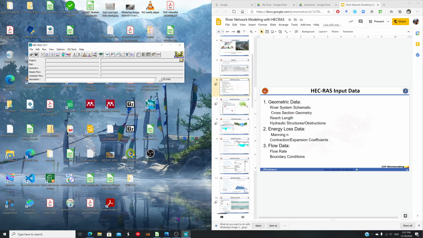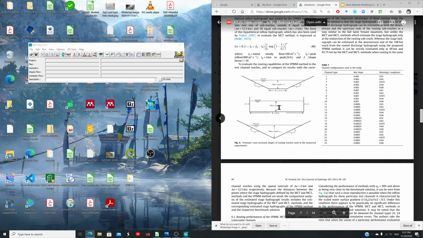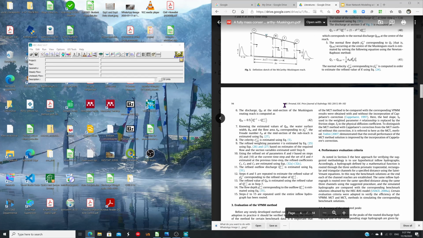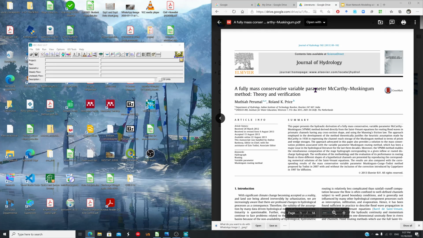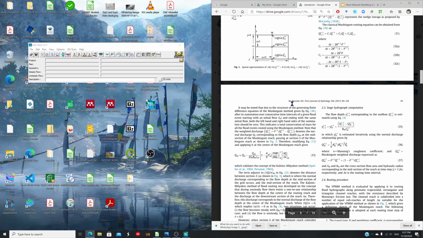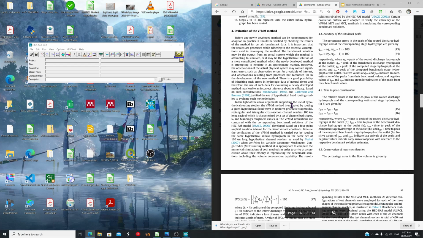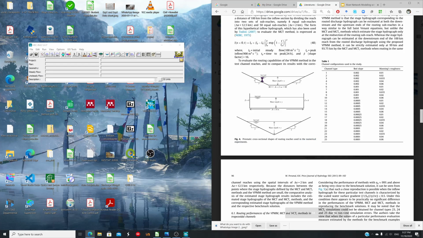I have made a hypothetical geometry based on this paper, the fully mass conservative variable parameter method by Perumal and Price. I used the channel configuration as they have done it to validate their method. The input hydrograph is generated from a Pearson type distribution with these parameters, and these were the channel types. So I will be basically running for 10 with the bed slope 0.01 and Manning's n